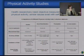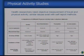Okay, I'm going to switch to physical activity studies. In the health arena, health researchers have the same needs that transportation planners have, in that they need to get objective measures of travel and physical activity. And they have the same issues with self-report methods. In addition to having people report their travel patterns, they also ask them to report levels of physical activity. It's very hard for people to understand exactly how to report amount of physical activity and intensity of physical activity. So over the last decade or two, there's been much more research into looking at other